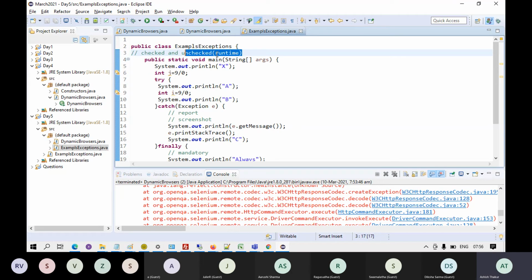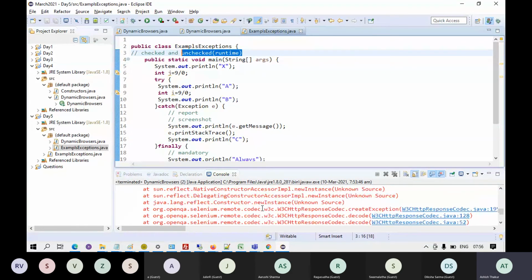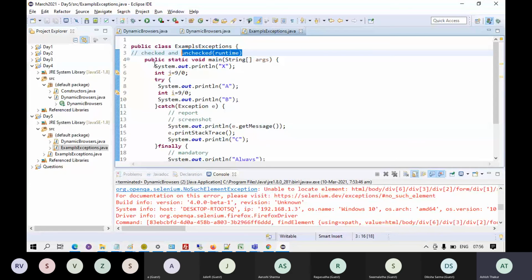As a programmer, at times you are unable to predict this exception. While running the program, if the exception comes up, whether the element is not found or it is not interactable, no such element exception is also an unchecked exception because it is coming at runtime.